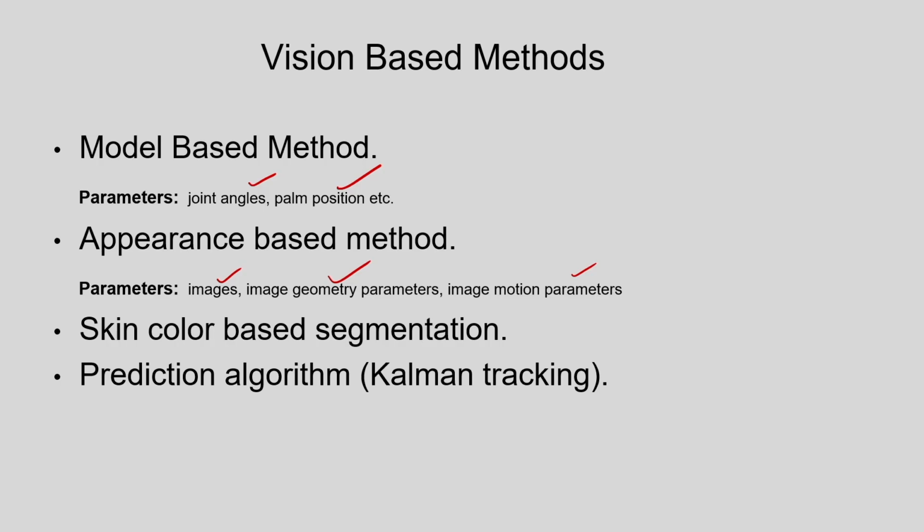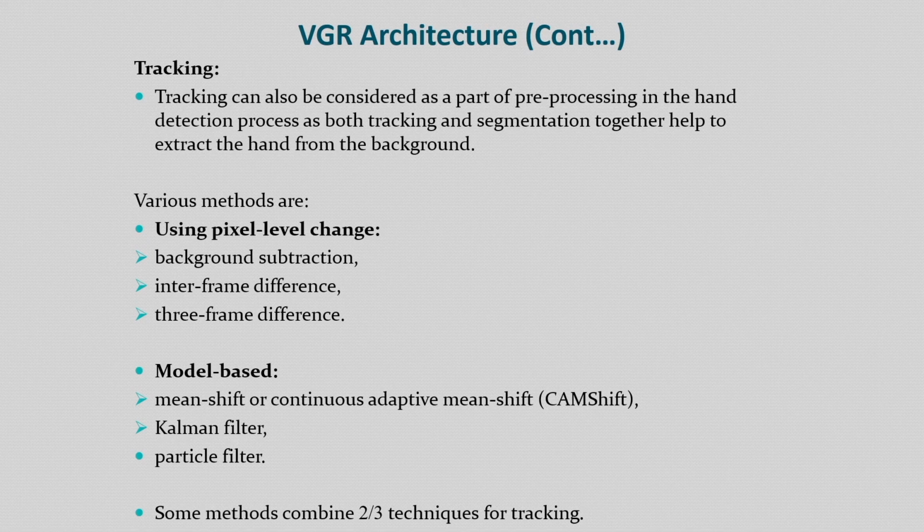or maybe for the tracking we can use the Kalman filter or maybe some filters like particle filters we can use for the tracking. So there are many tracking algorithms, maybe the mean shift algorithm also we can use, but one tracking algorithm is the Kalman tracking, or maybe we can use the particle filter tracking. These techniques we can use for hand tracking. And for tracking already I have explained. So the methods may be like this.